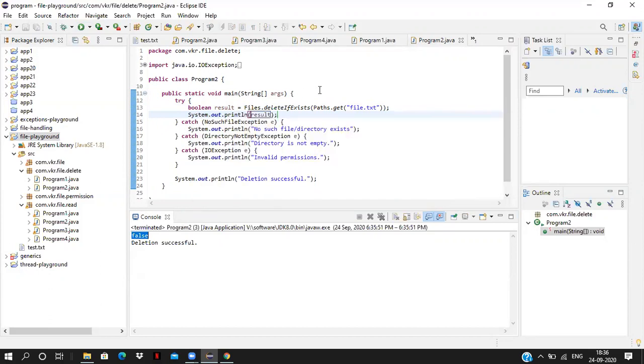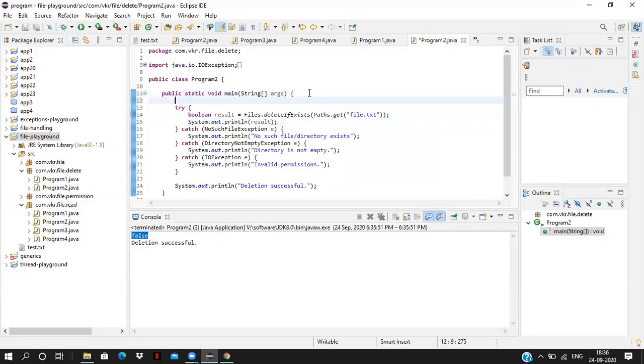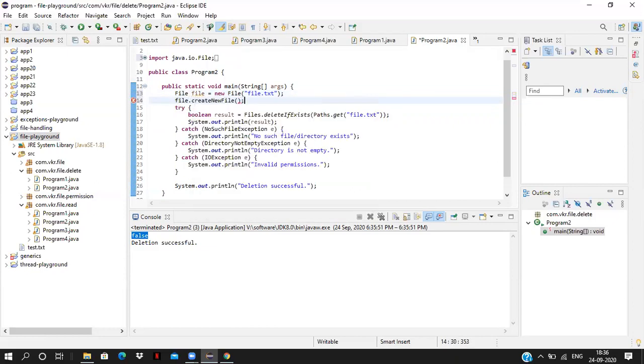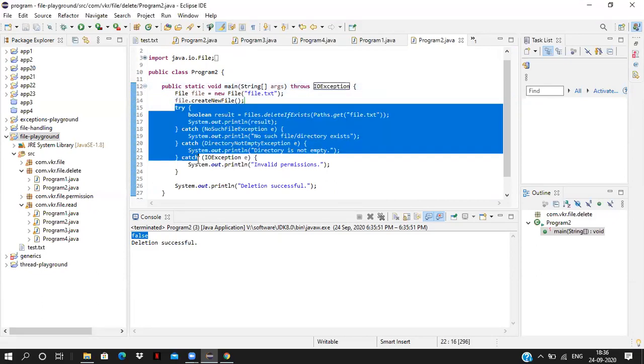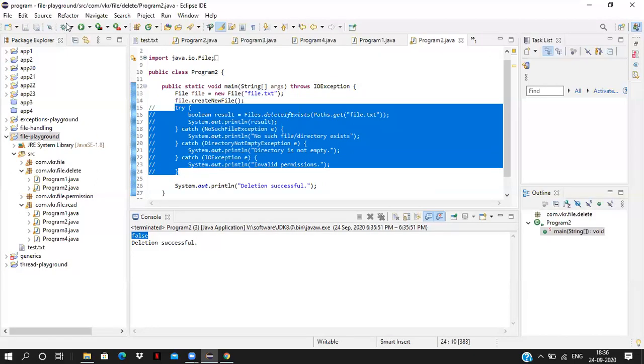Now let's go and create a file. I create a file.